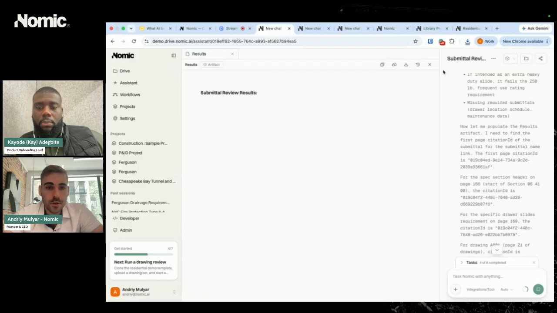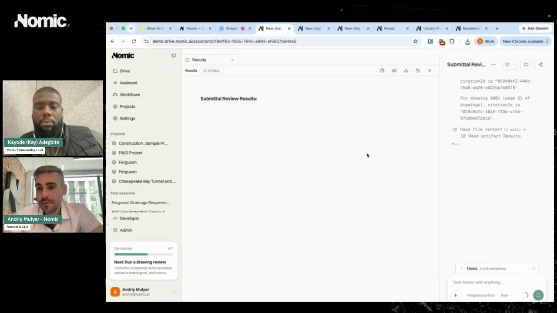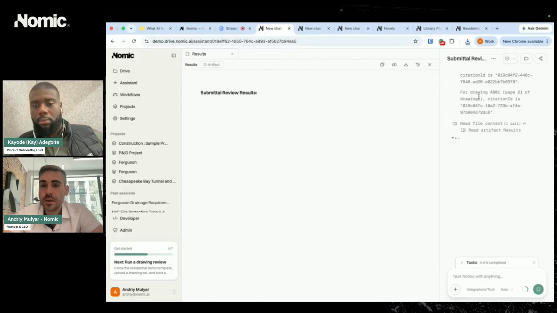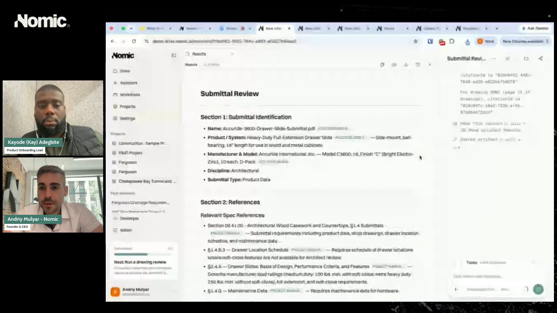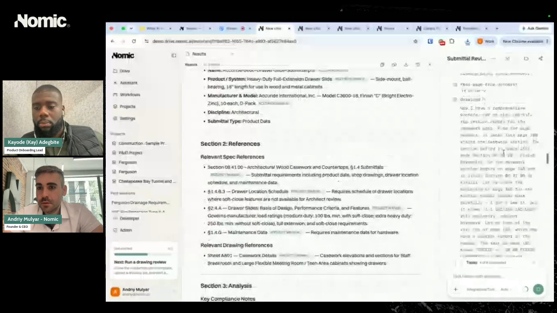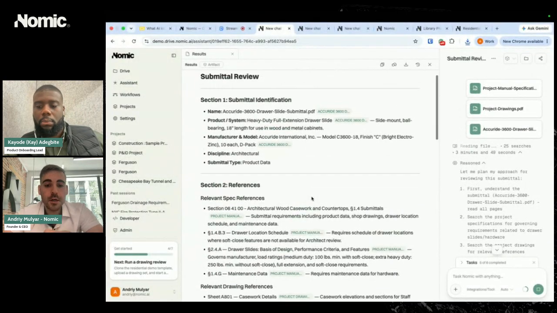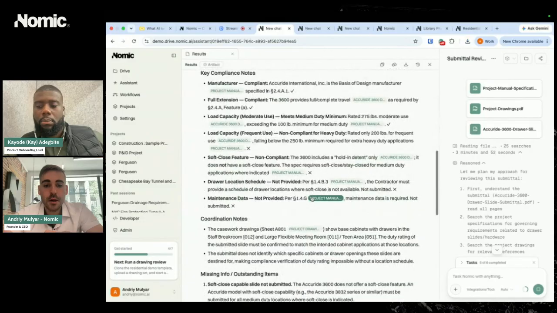So Nomic here is about to go fill out this actual end artifact with the end output, giving you a document that you can use downstream and in any workflows that you have. There we go. So we just went in, we did a submittal review. Now an engineer or an architect can go in and review this